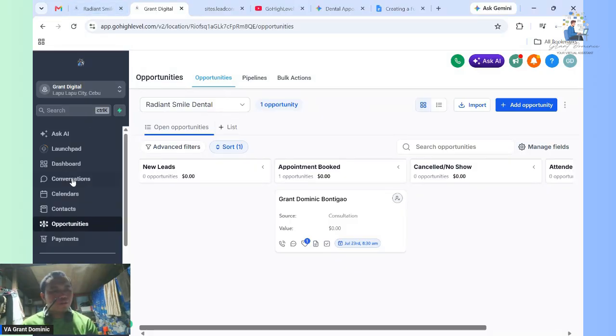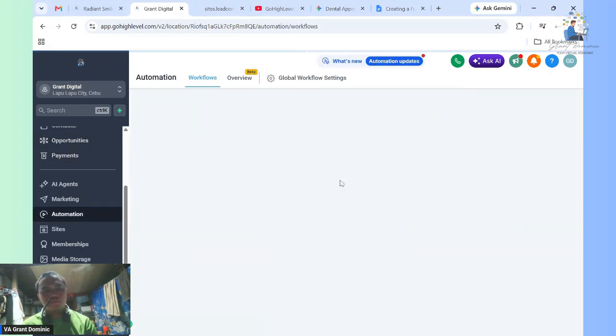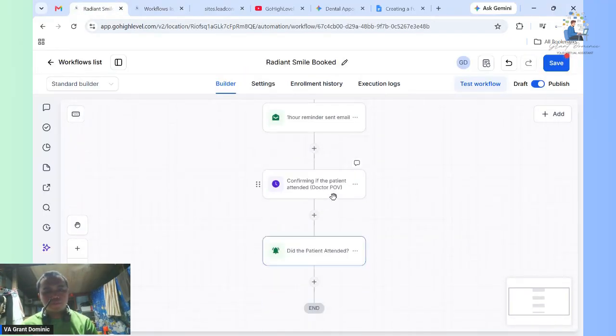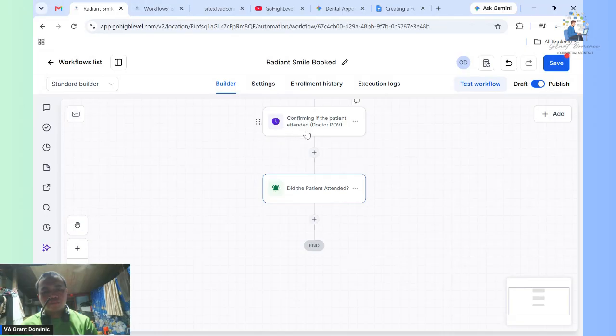So we are in the automations. We click that automations. Let me click this. So we will ask the doctor if the patient has attended.